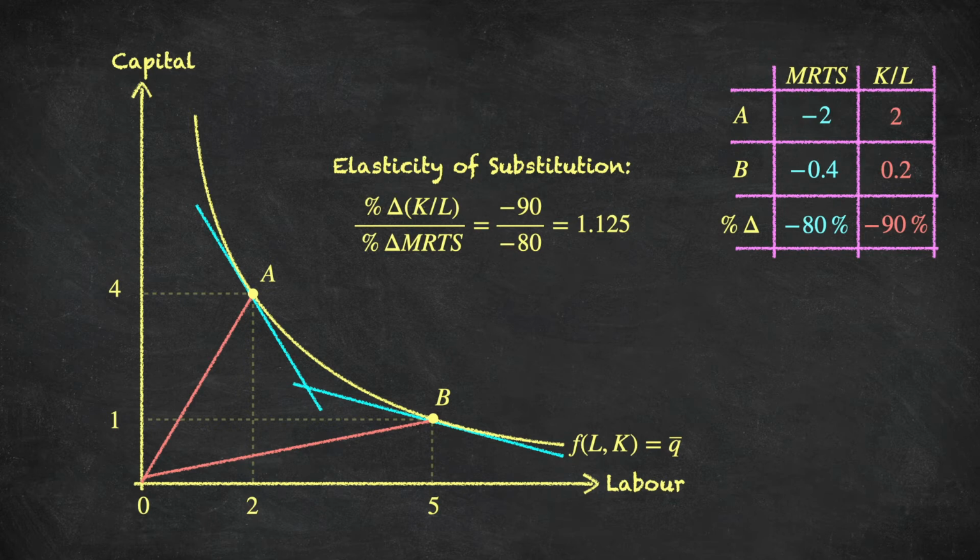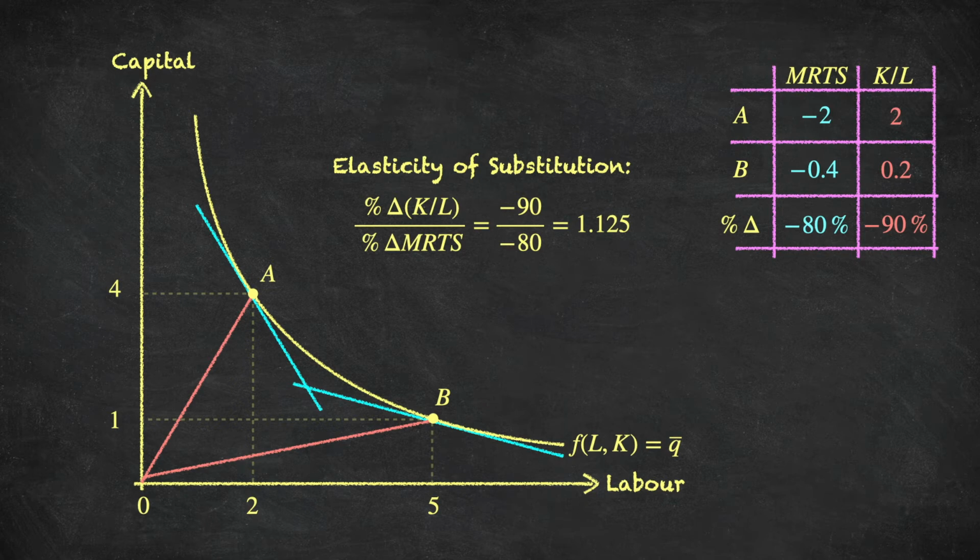Okay, so graphically that's the idea, and it's telling us essentially a measure of curvature of this. We'll discuss this more in a second. Really, it's a measure of anti-curvature in the sense that the higher this number is, the less curved the isoquant is. Now, in this case, the percentage change in the capital labour ratio was -90%. The percentage change in the marginal rate of technical substitution was -80. So we get an elasticity substitution measure of